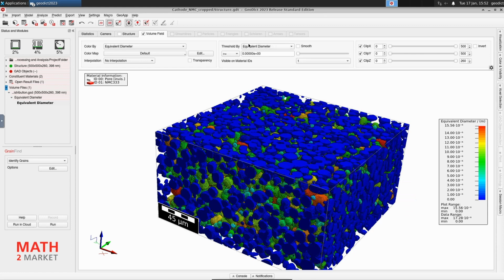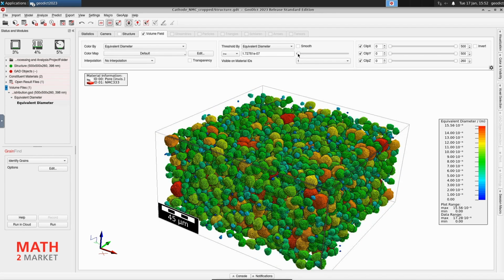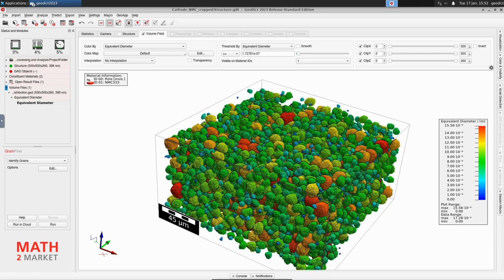For this, just choose the slider Threshold By under the Volume Field tab and turn the slider slightly up. This threshold has the effect that the volume field is only shown in places where it is larger than the threshold. Now you can really see the analyzed grains in the structure.